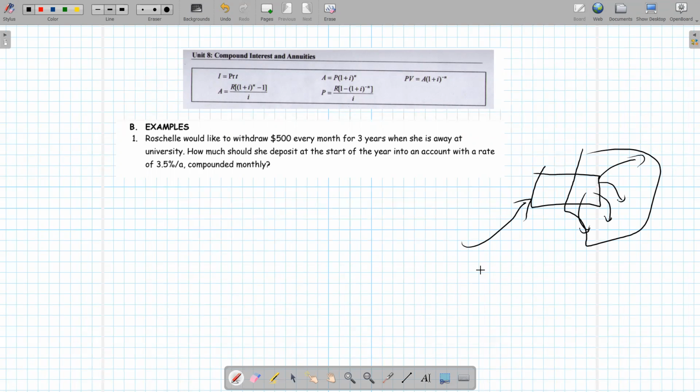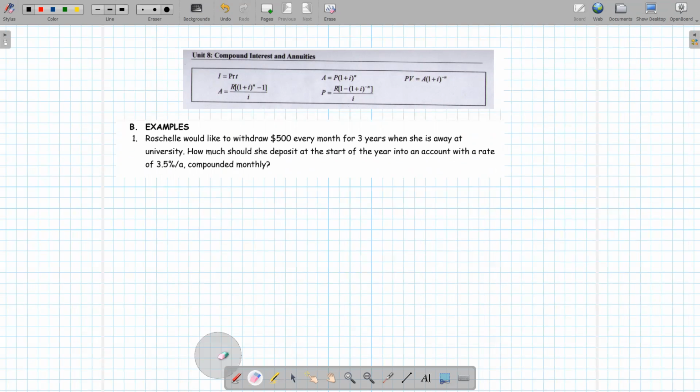So is this a present value question, future value question? What's going on? Present value. How do you know? Because she's putting the money in now. Okay, so present value is, which one is it? It should be this one. This one's present value. So we have P, I don't know why it's called P there, which is kind of